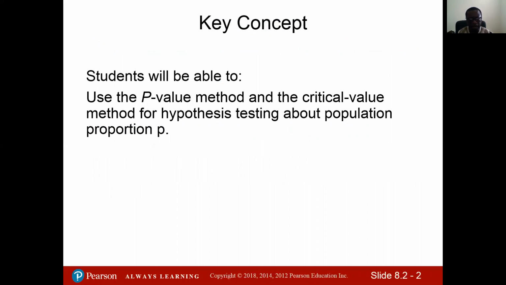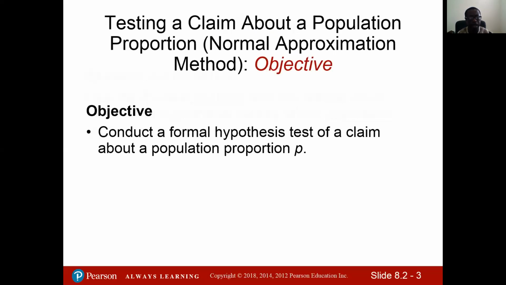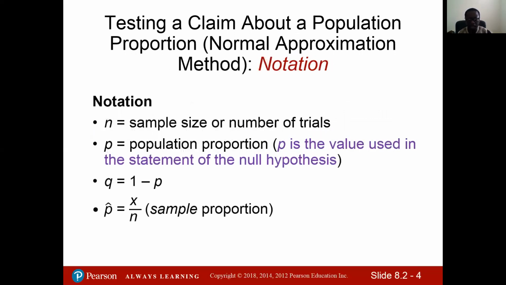Now, we will use both the formulas and then StatCrunch, and mostly I will use StatCrunch to do the same things. So, what's our objective? That is, you want to conduct a formal test, or hypothesis test, of a claim about the population proportion p. That's our objective. And then the notations, as we mentioned before, are the same as in